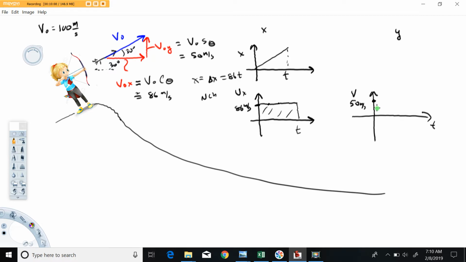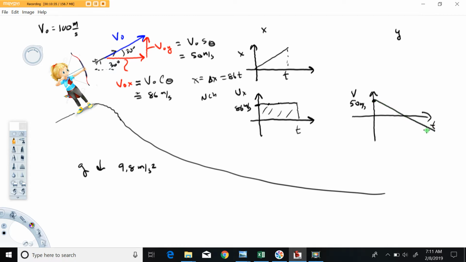Due to gravitational acceleration, a second later, this is going to be roughly 40 meters per second. And a second after that, it's going to be about 30 meters per second, because remember, gravitational acceleration is down at a numerical value of 9.8 meters per second squared. I like to approximate this to 10 for these types of discussions. So this 50 meters per second, after a second, it's going to be a 40, and after that, a 30, and after that, a 20, and so forth. So this graph is going to be linear,